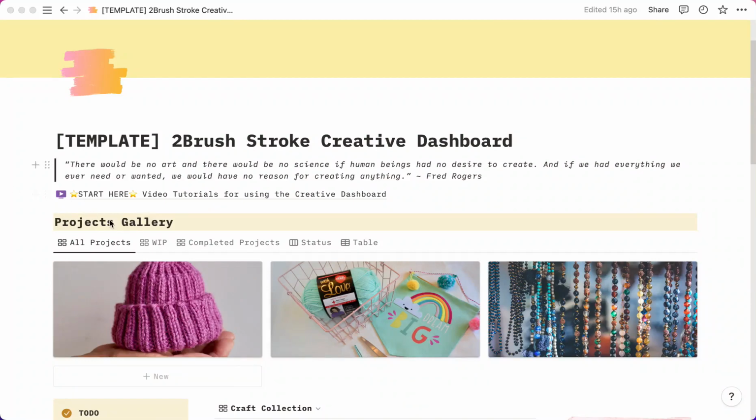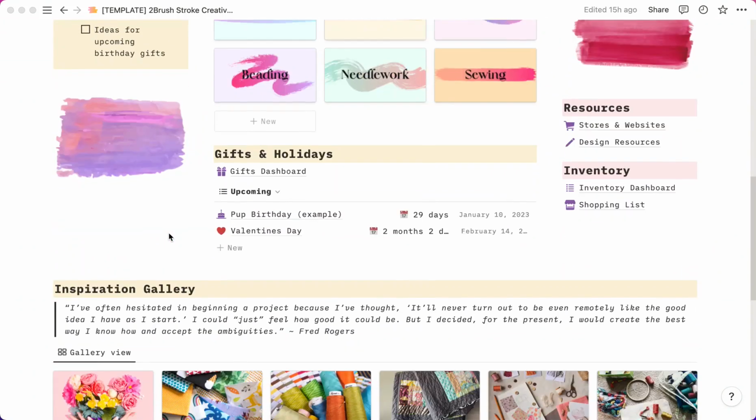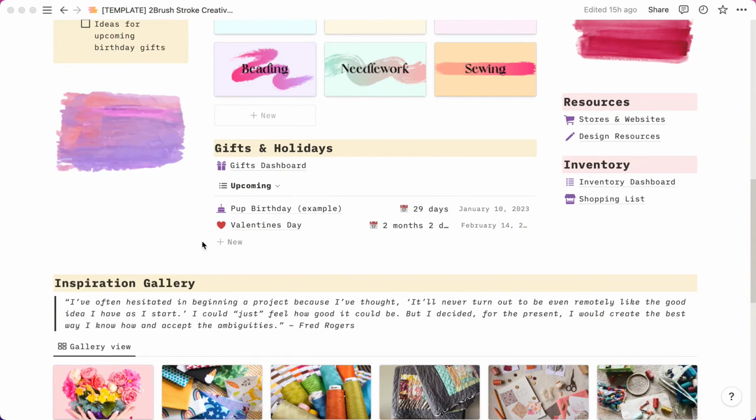Gifts and holidays. Let's take a look at that section together. Scrolling down to the gift and holiday section, you'll see there are two components here. There's a link to the gifts dashboard page, and then there's a view of that gift database that's on that dashboard page. And the view is filtered down so that we're only seeing a list of the upcoming events that